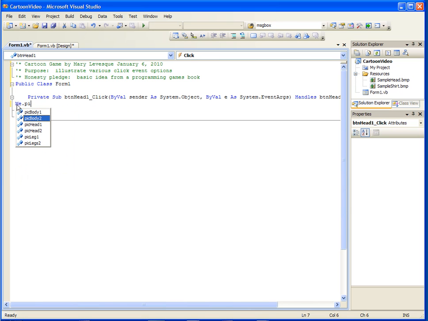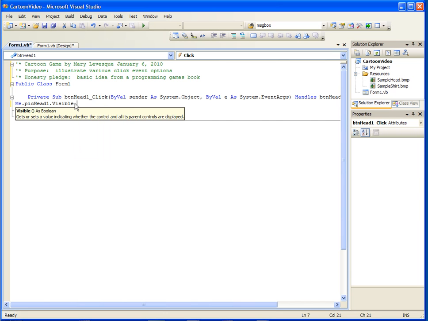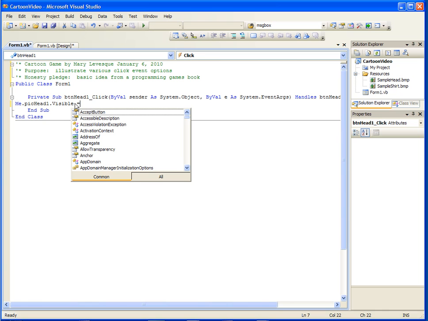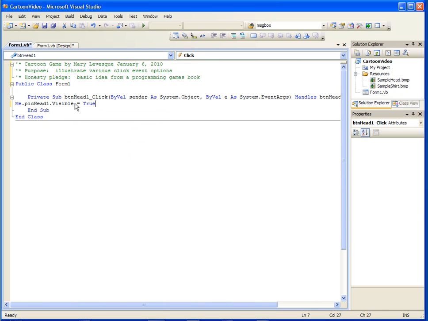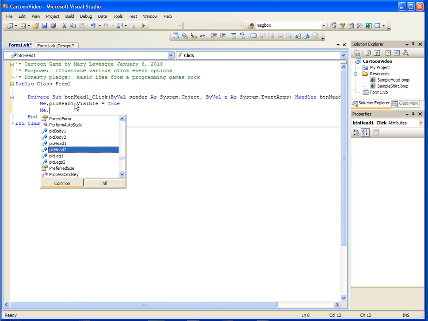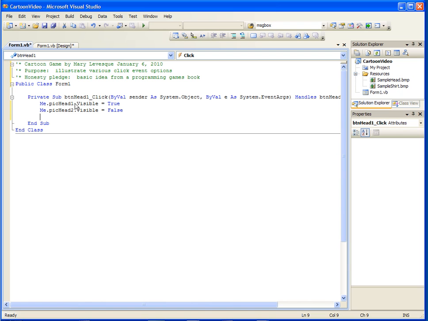Pick. There it is. Head 1 dot visible. Mine remembered it from yesterday. You'll probably have to hit V the first time. True. Me dot pick head 2. Me dot button